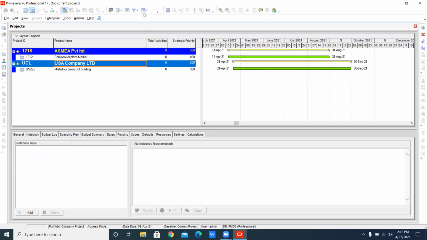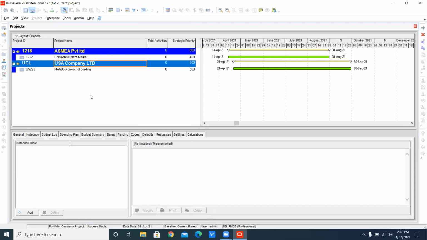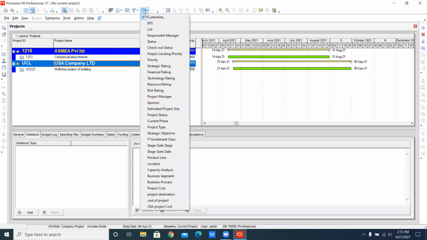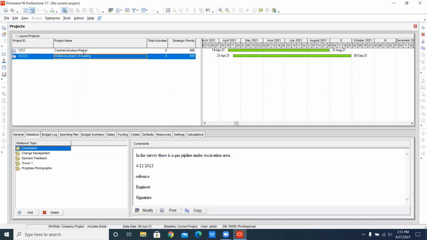In order to make it clearer, in order to see this project more clearly, you can go here and click on the list. Whenever you click on the list, you will see that only two projects have been written here.